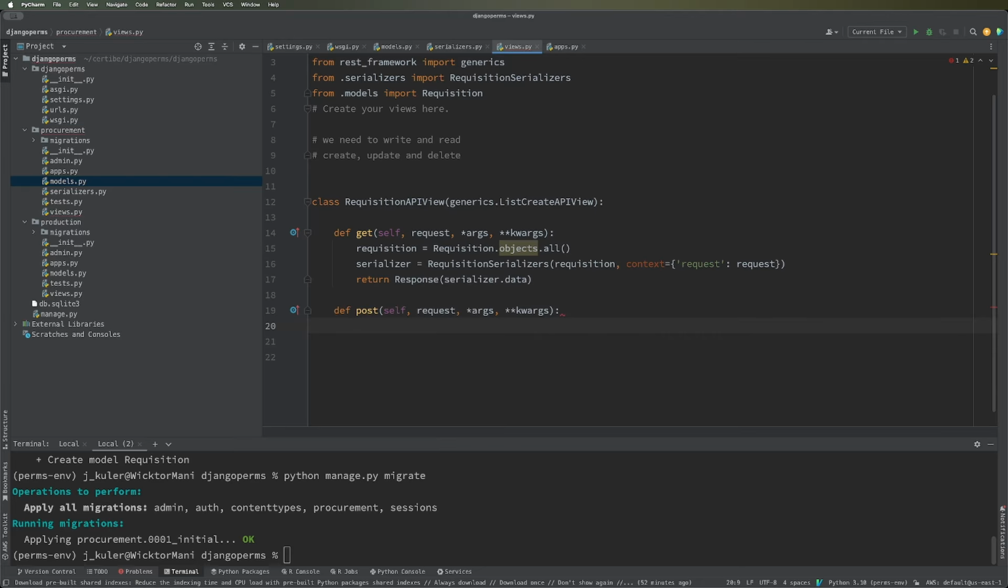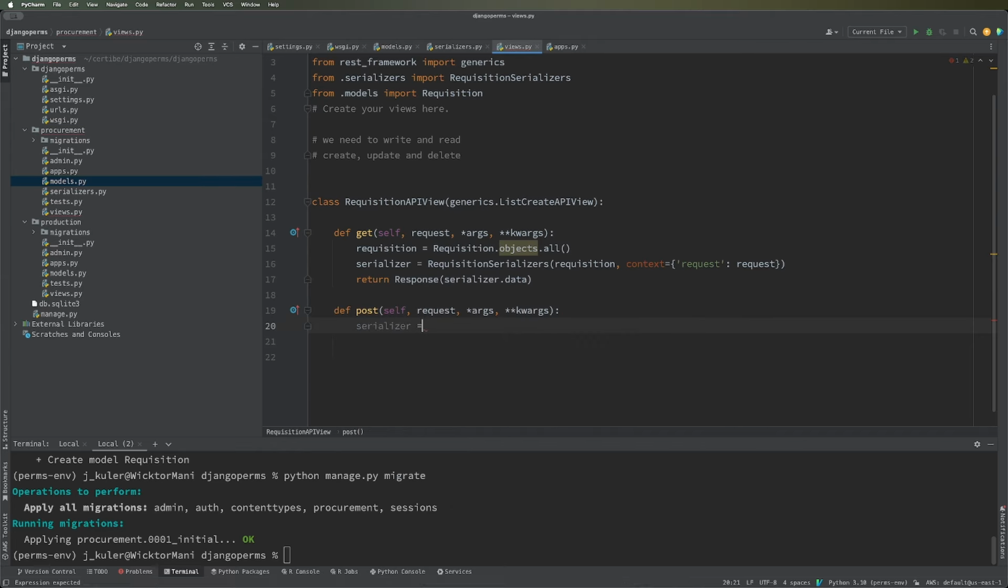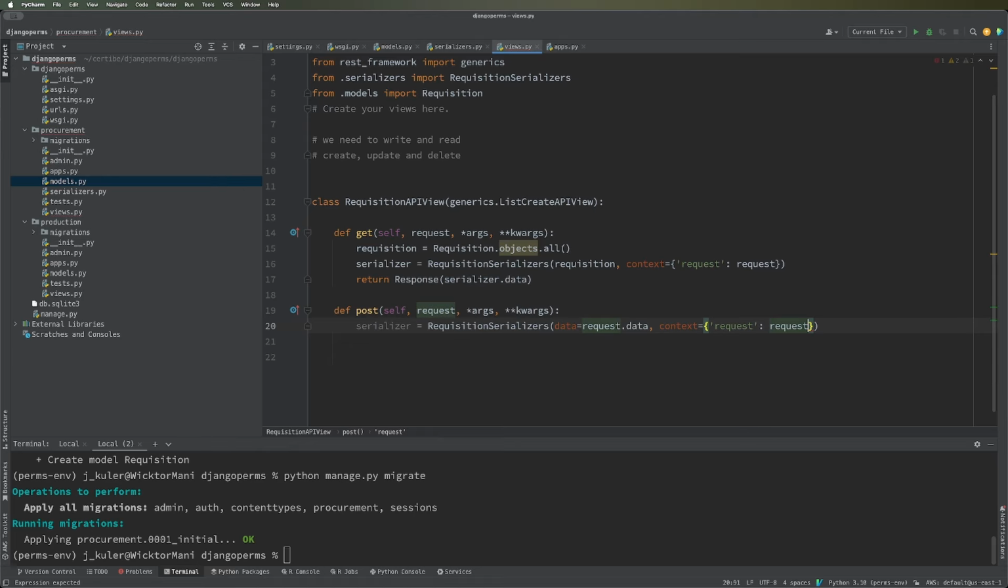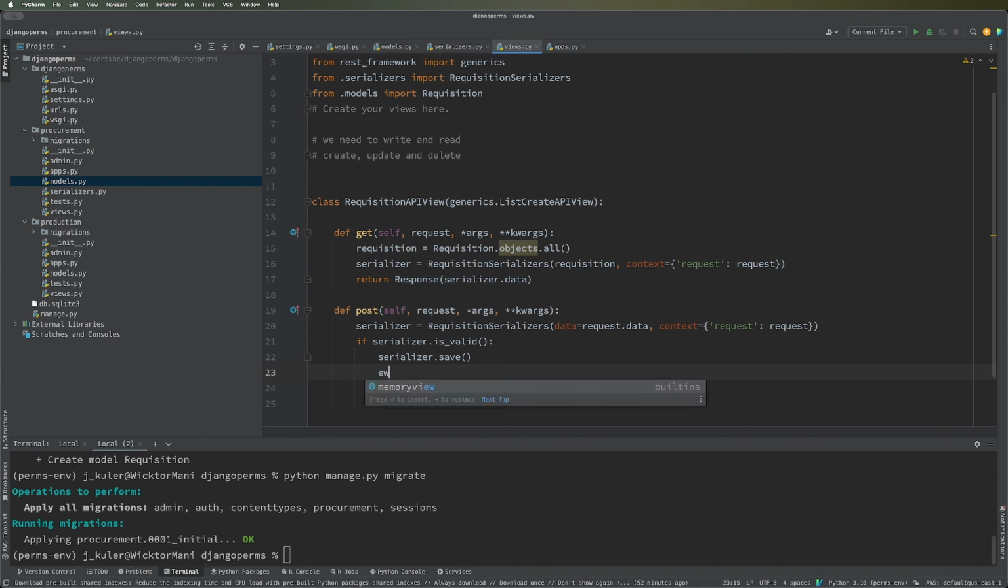So what are we doing on the post? If we wanna post a new requisition, serializer equal requisition serializer. Now, instead of the data coming from the database, the data will come from the user. So we're gonna pass the request data to serialize those data. Context request equal request. If serializer is valid, yeah, we have to save. So this is where we're supposed to save. We return